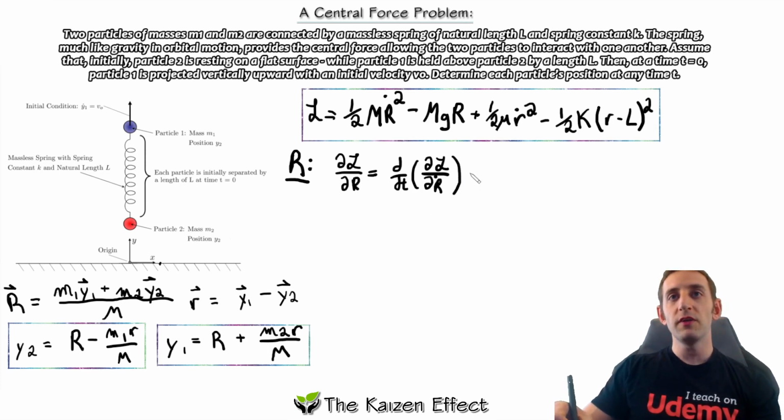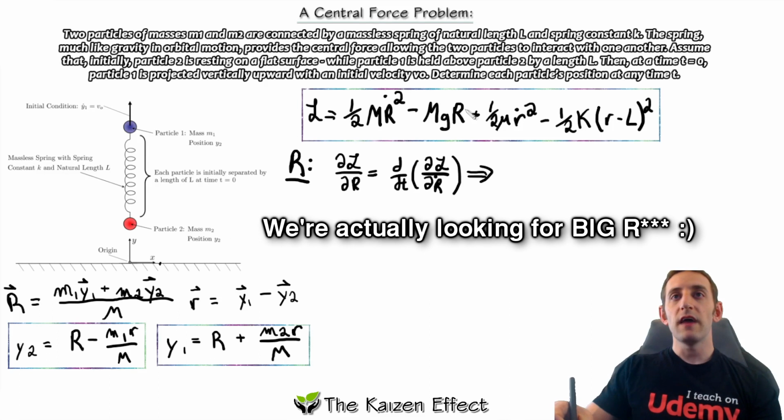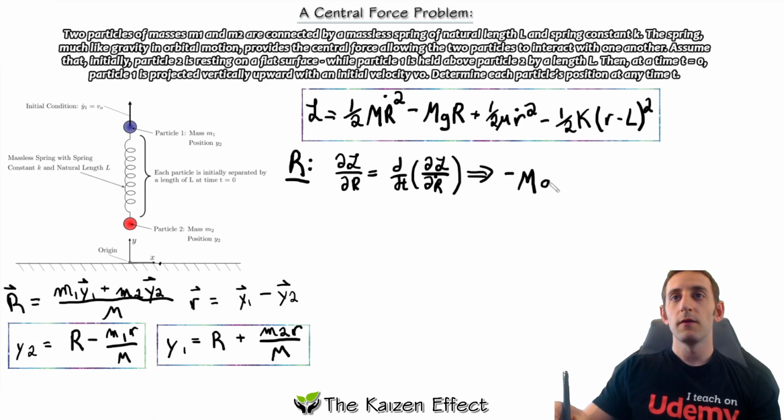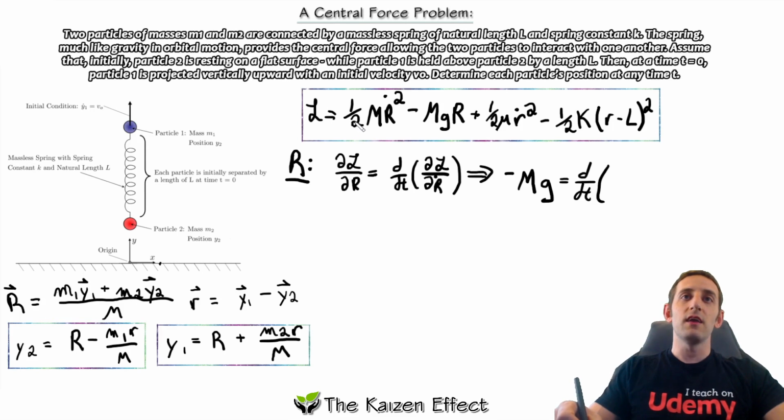And then we just plug and chug. So when we do this, what we find is we come over here. We're looking for big R, so the only term we have is this one right here. The derivative of that is negative big M G. And that is going to be equal to the derivative with respect to time of the partial of this Lagrangian with respect to big R dot. That's only in this term right here. When we take the derivative, that 2 comes down and cancels out the 1/2, and we get basically an M R dot. So we solve this, and we get a negative Mg